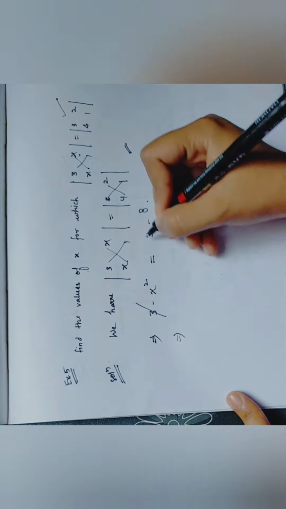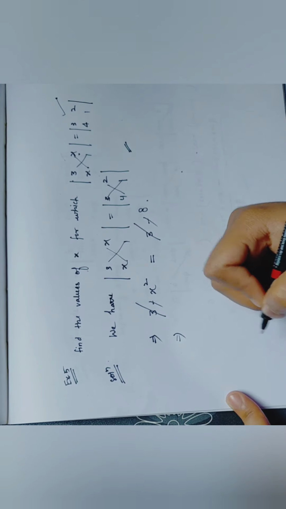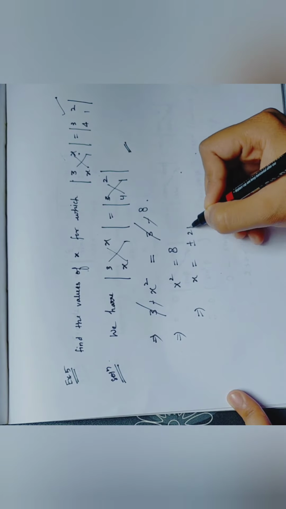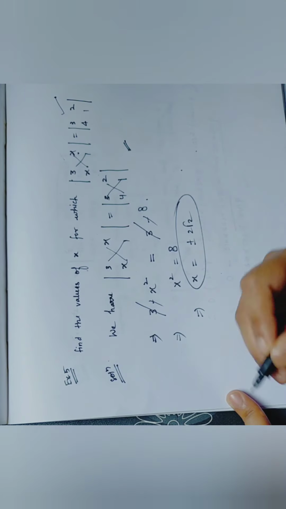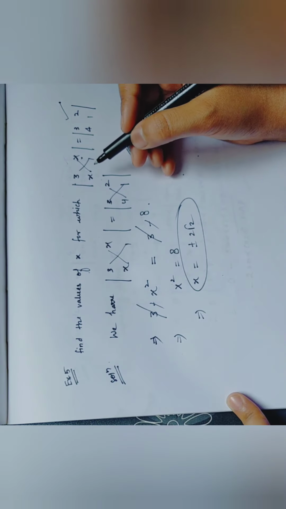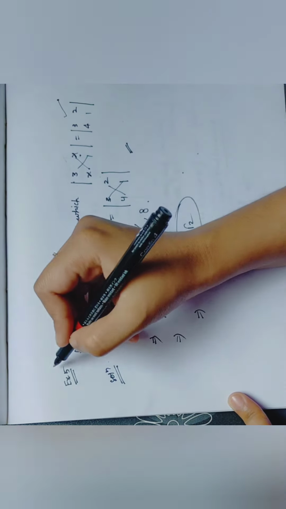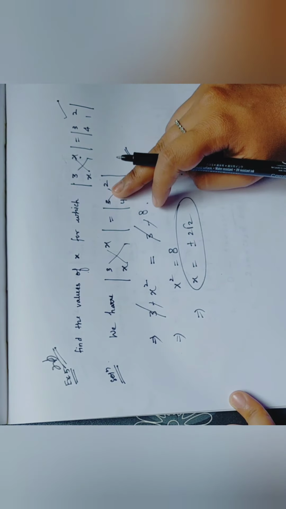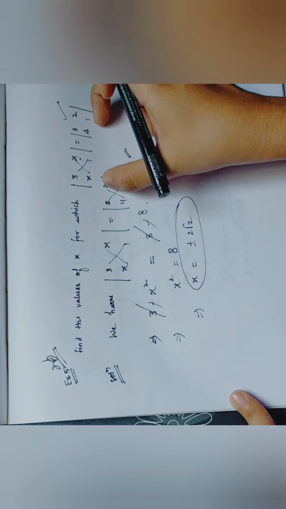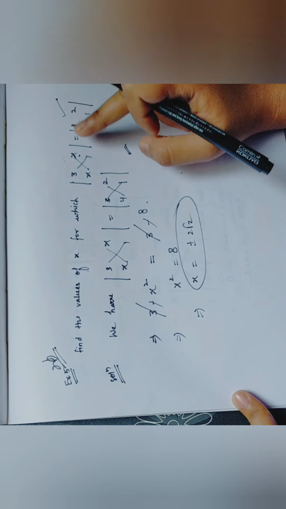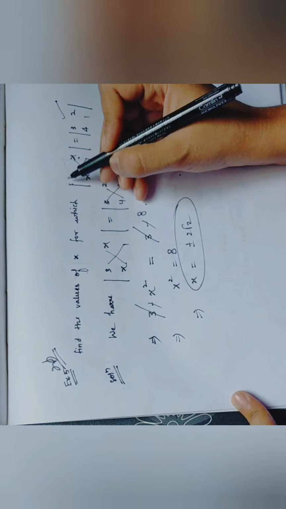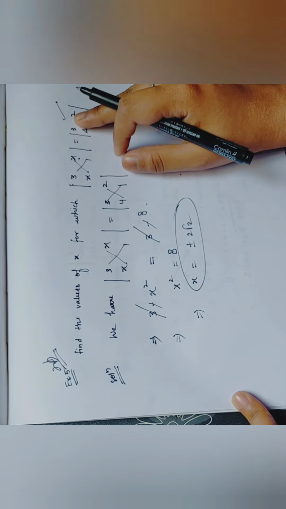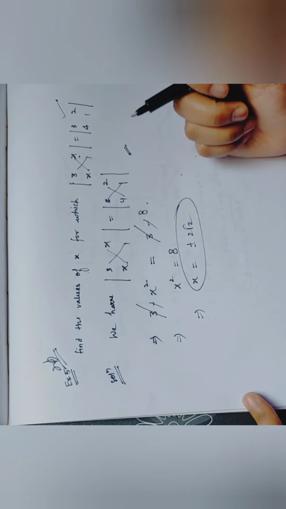So let's solve it. 3 will be cancelled, minus sign will be cancelled. So we have x square is equal to 8. This implies x is equal to plus minus 2 root 2. So this way we will find out the unknown value of x with the help of determinant. This question is important for 1 mark. Generally it comes in your examination. So be careful with the sign. Modulus means determinant. If a determinant comes then you will do like this. If you have this question in matrix form, that means here there should be only brackets, then it becomes a matrix. So there you will use direct equality of matrices to find the answer.